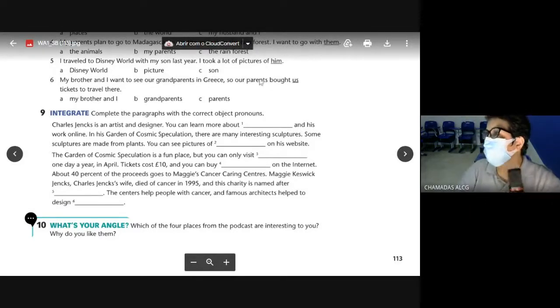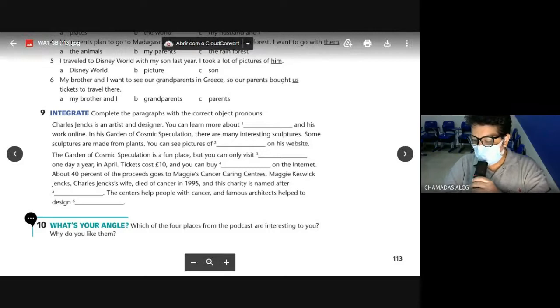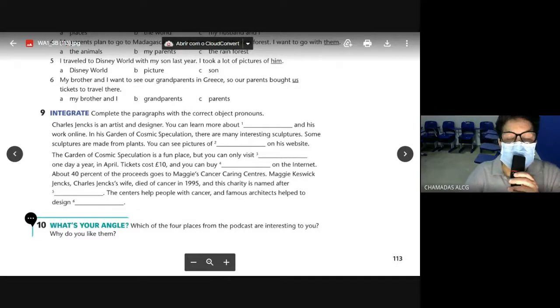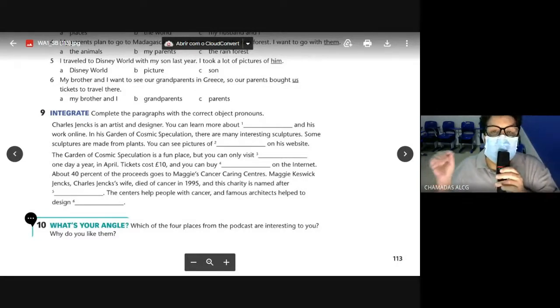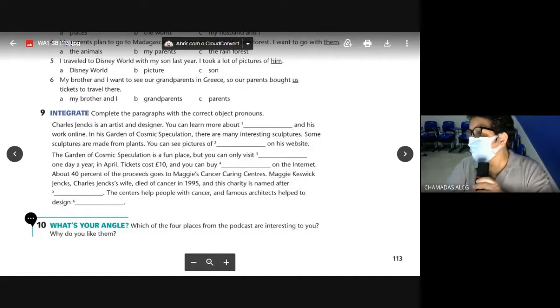So let me try, guys, to open the board here. Just a moment. Can you write it, teacher? Yes, of course, him. Just a moment. Let me open the board. Just a second. I'm going to open the board so that I can write on the PDF, okay, to help you.